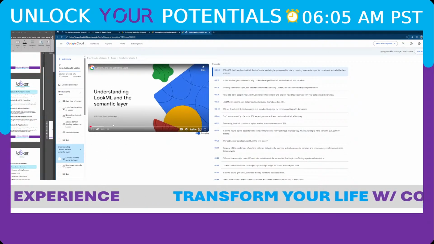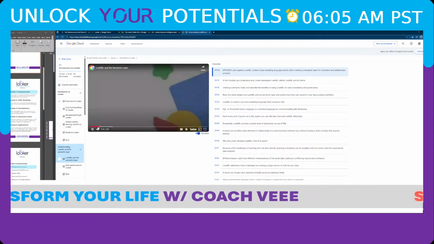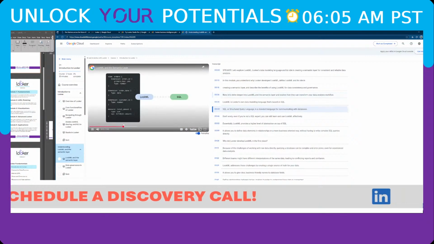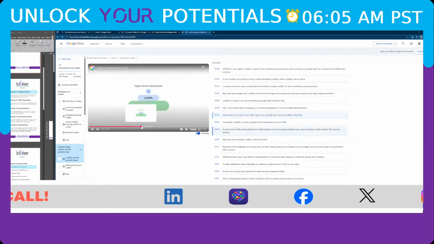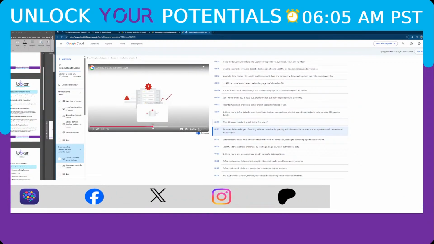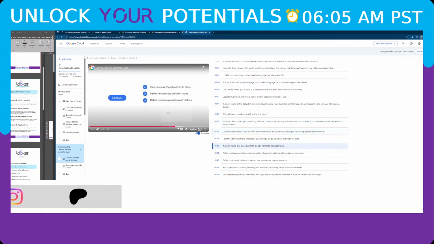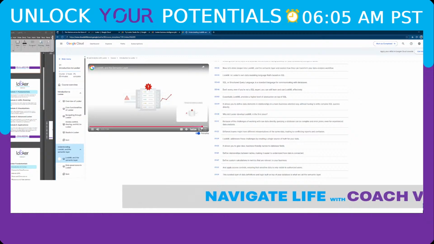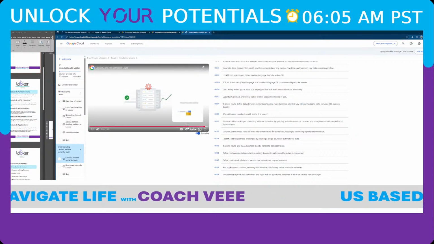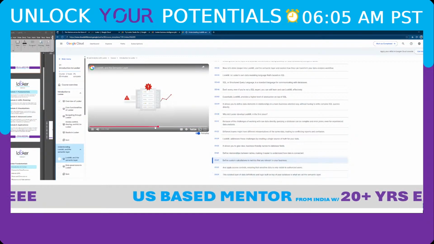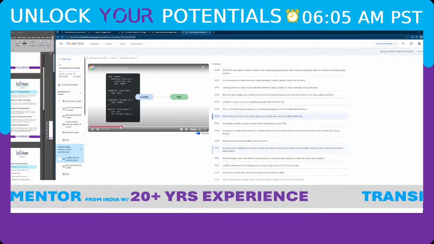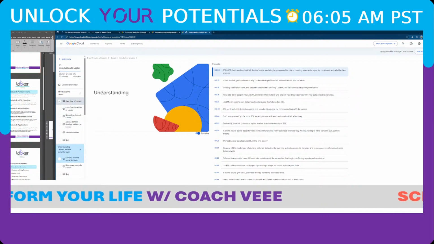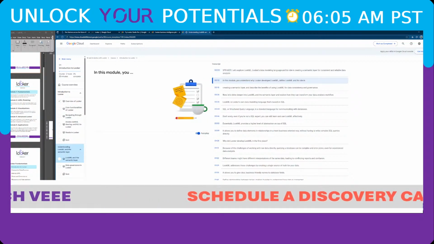Let's explore LookML, Looker's semantic layer data model. A semantic layer transforms raw data into structured, meaningful data, which is a very effective way to define custom reports in the first place. Everyone in your organization can work with the semantic layer for consistent and reliable data analysis. In this module, you will understand why